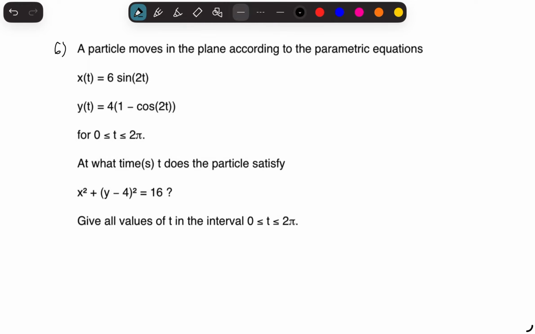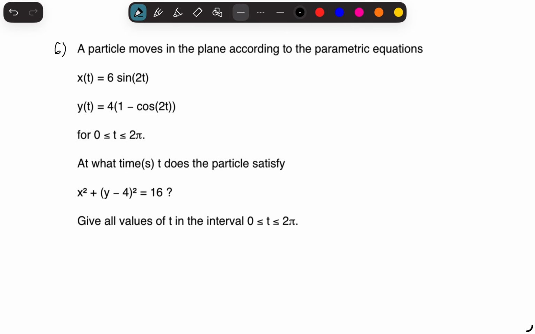In this video, we're going to be solving some parametric trigonometric problems. A particle moves in the plane according to the parametric equations x of t is equal to 6 sine 2t, y of t is equal to 4 times (1 minus cosine 2t), 0 is less than or equal to t is less than or equal to 2 pi. At what times t does the particle satisfy